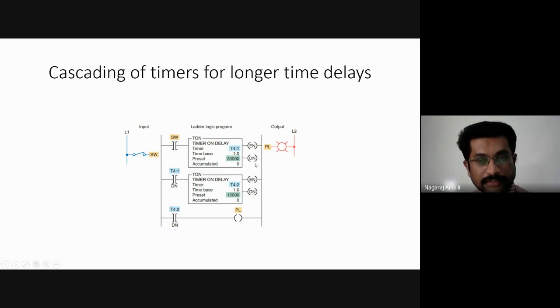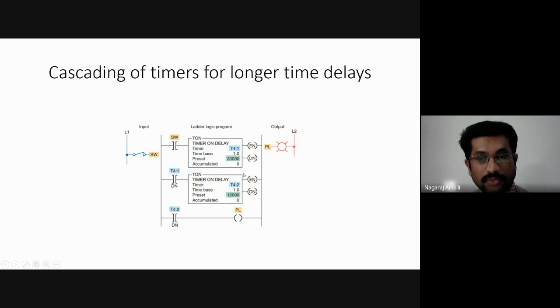The done bit, the output of the first timer T4:1, is connected as input to the second timer. So when this done bit is activated, the second timer on delay will be activated. And this counts from what to what? 0 seconds to 12,000 seconds.